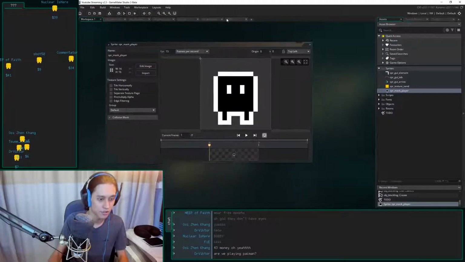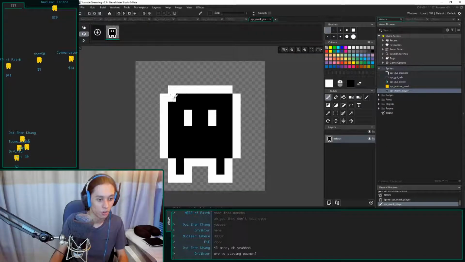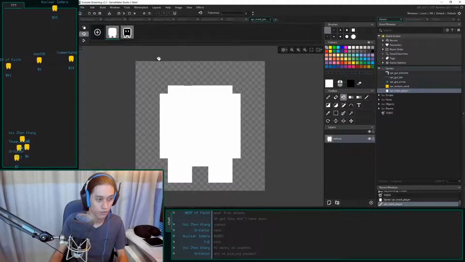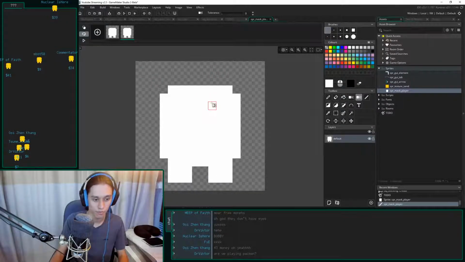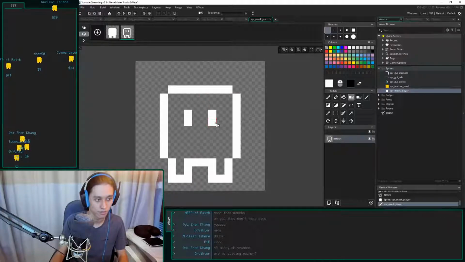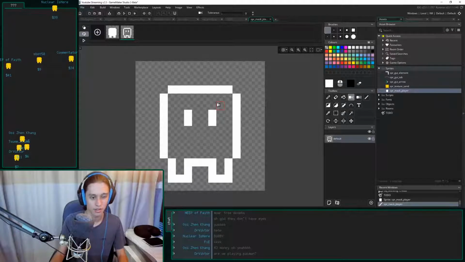So it looks like what we're going to have to do is, because I want an outline as well, we're going to copy and paste you. And then I'm going to change all of you to white. Oops, let's fill you with white. And then this one, since I want my outline, I'm going to remove the black color. Oops, remove the black color. Something like that. Theoretically. Am I doing this right? Something like this.